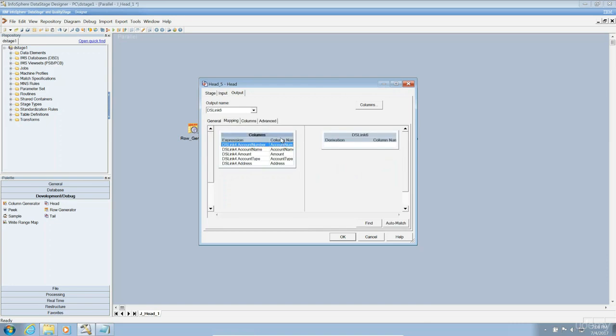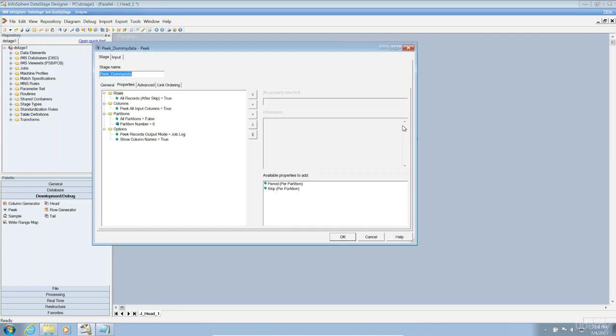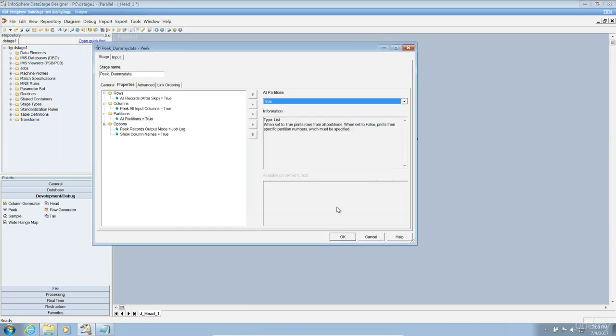I have to go to the output section, drag and drop my columns, click OK, and these records will come to the peak stage. Here also I'm just ensuring that we are using all the partitions. No, we are not using all the partitions. Partition number is 0. Let me remove this. Let me go to all partitions equal to true and say that the peak stage will be logging information for